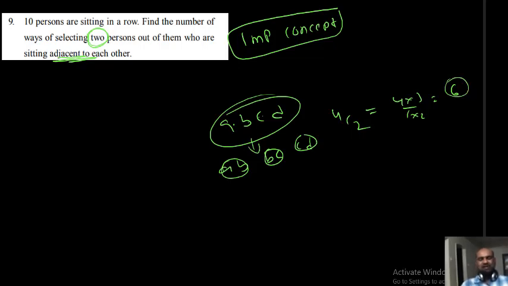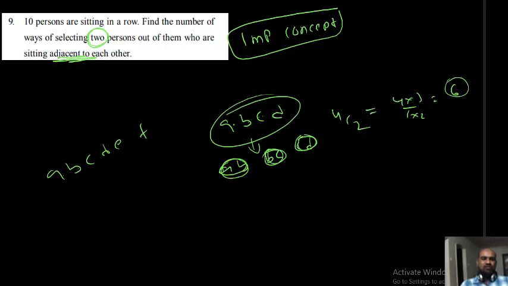That is not actually what you want here. We want to select 2 objects so that they are adjacent to one another. So AB, BC, CD. Only 3 for 4 persons. For example, A, B, C, D, E, F given.